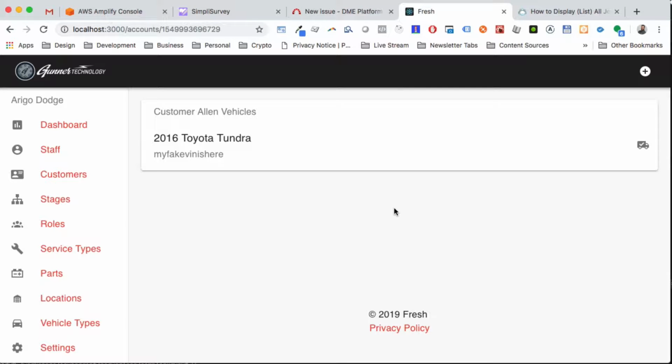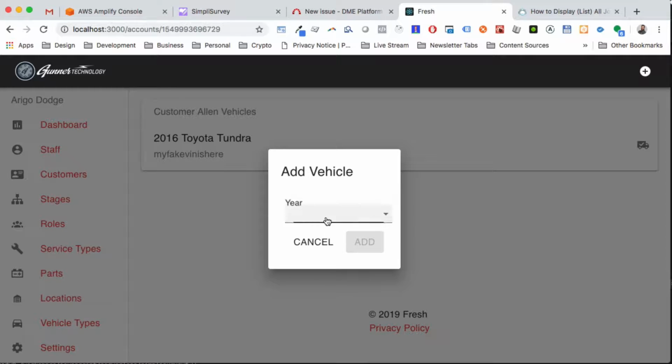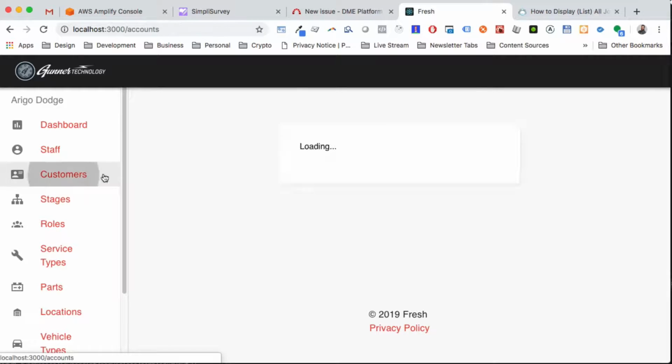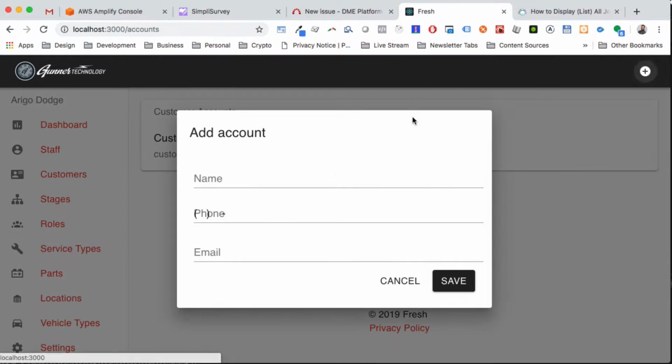Okay, so the last thing we have to do here is add customers and check in their vehicles. So I'm going to add. Let me go back to customers so you can see this whole way through. So this is going to be, I'm going to add